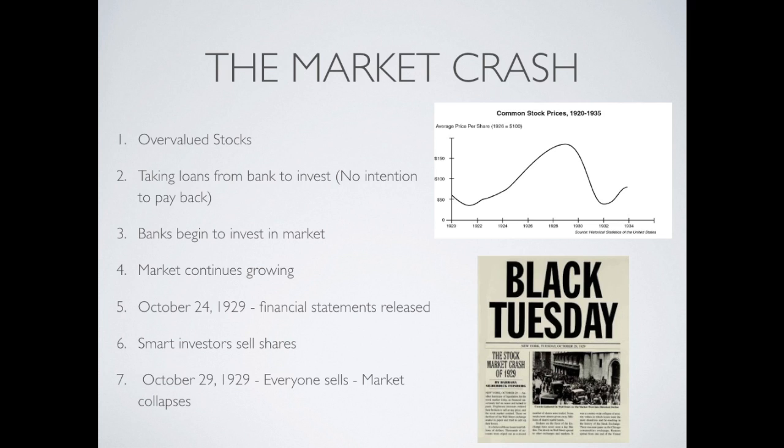The smart investors were out early. On October 29, 1929, there was the biggest wave of sales of stocks. About 16 million stocks were sold on Wall Street that day. There was no money to flow and the banks were closing. Millions of dollars were lost and the Great Depression followed.